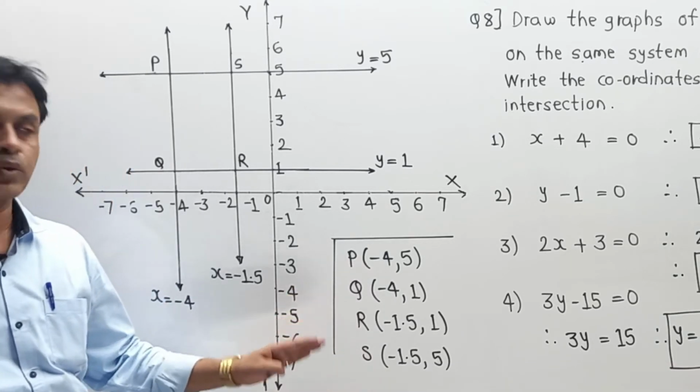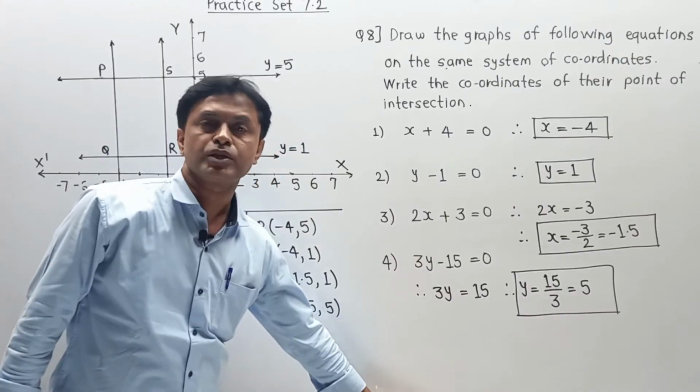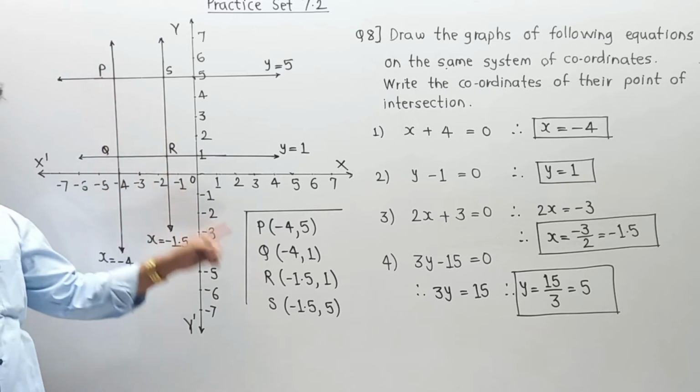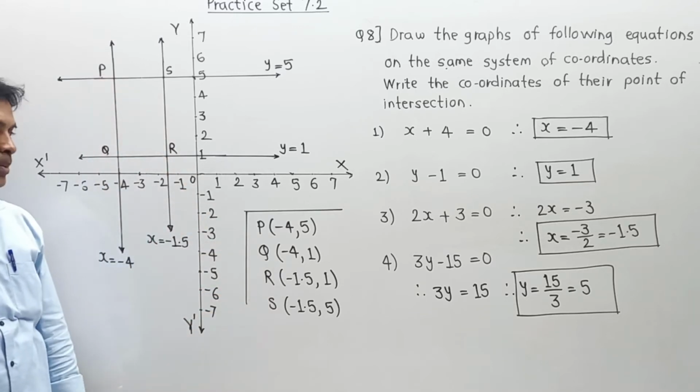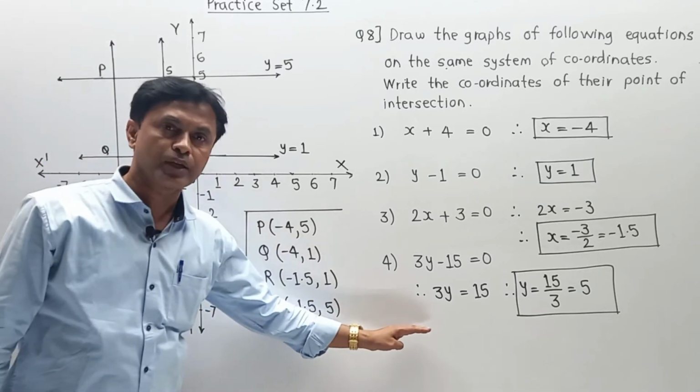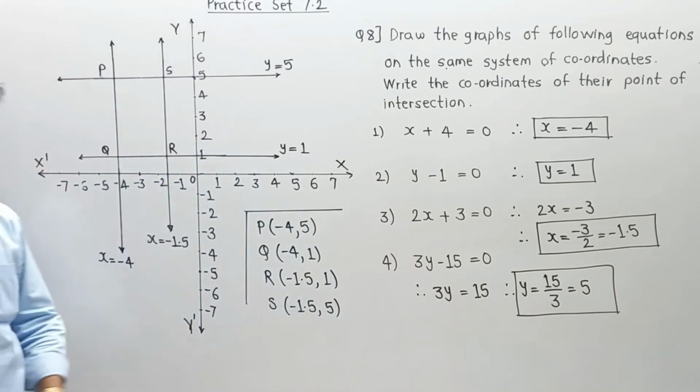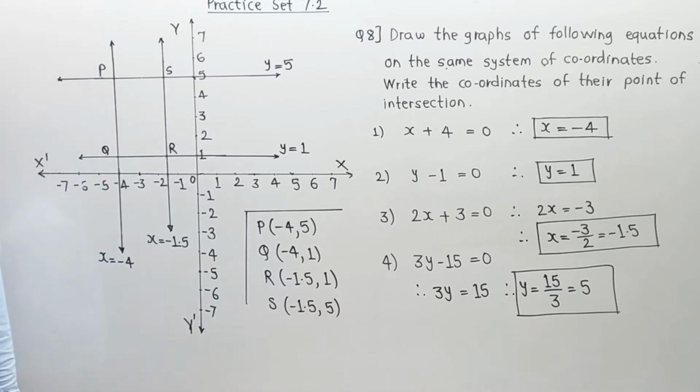Now student, P, Q, R, S, these are the points. When you write in your notebook, you are supposed to write at the base over here. As per the space availability, I have written over here so that you can directly observe it from the diagram. But remember, when you write it in your notebook or graph book, please write it in a downward direction so that you have a complete answer in the same structure.